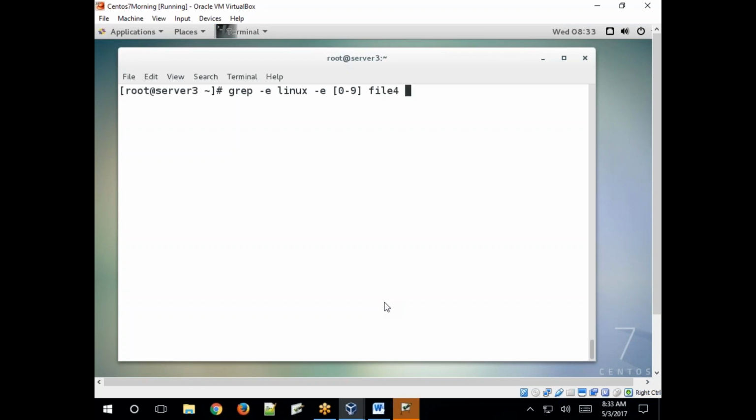File 4. It returned file 1, something is there. In the first line, 1 and Linux are there, so it printed, right?